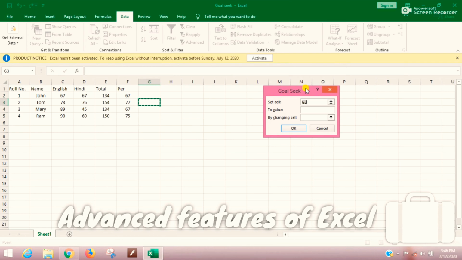So in the set cell text box, define the cell address E5. Here we have to select, and if you want to select E5, you will see the cell address is automatically updated. Now if you want to change the value 150, आपको यहाँ से 150 वैल्यू को चेंज करना है,